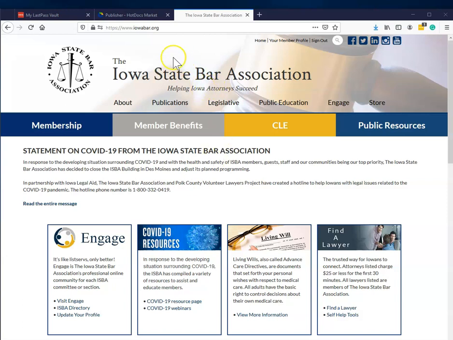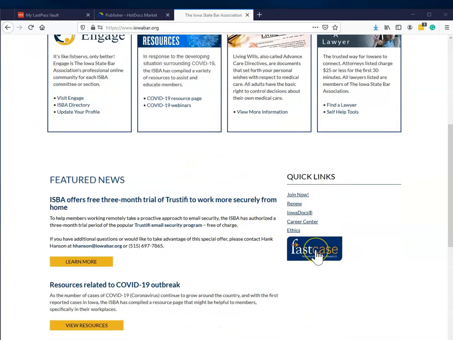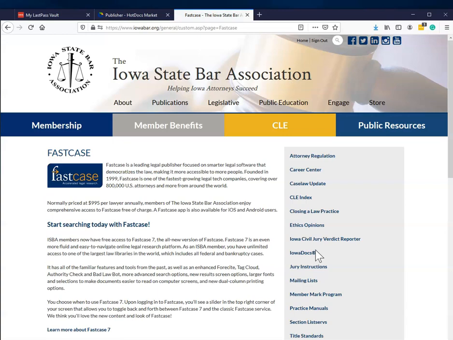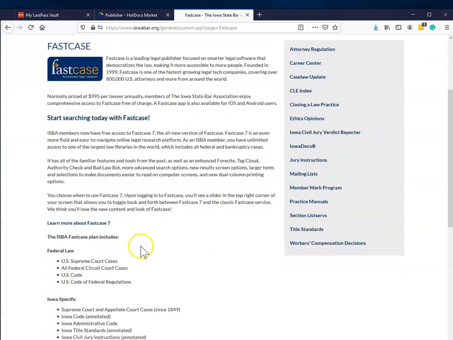So I would visit www.iowabar.org. You can go to member benefits to access FastCase. Or on the front page, we've created a quick link because it is one of our more used services to go directly to FastCase. And at this page, it will tell you a little bit of information about what FastCase